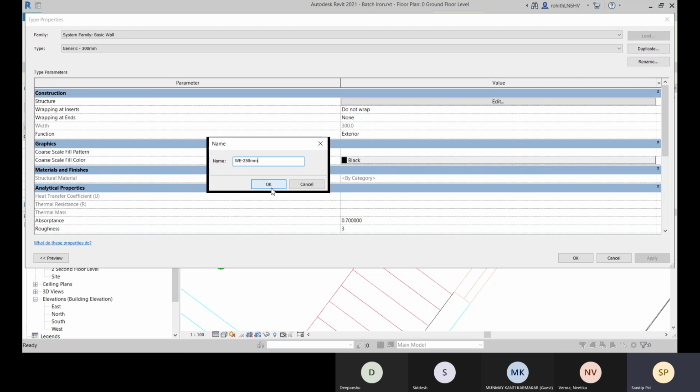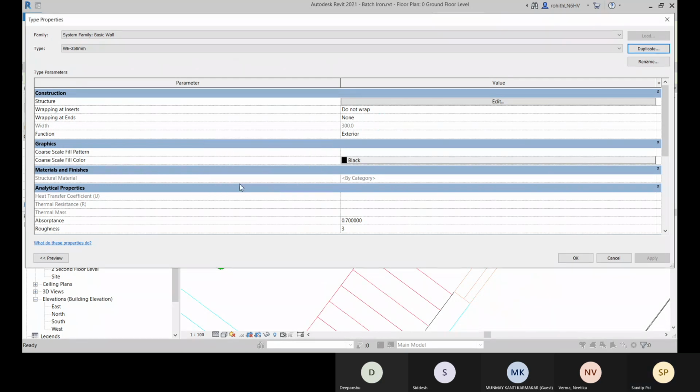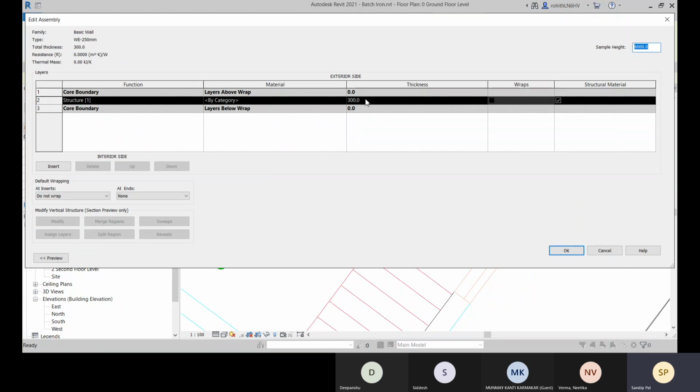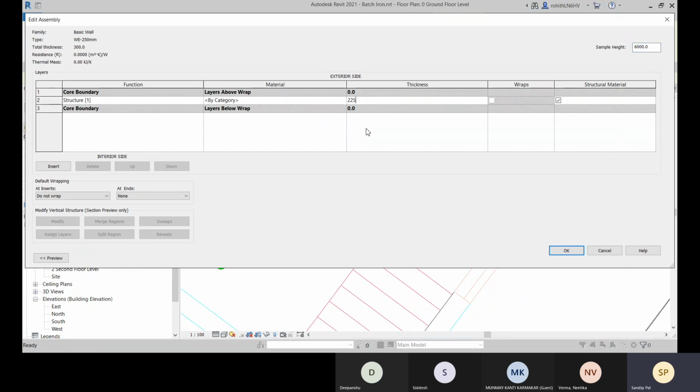That is the thickness. So let's click on OK, and then go for the structure edit, and here let's apply the thickness. And about all this we will go in depth.